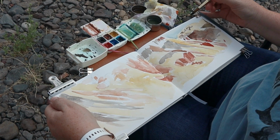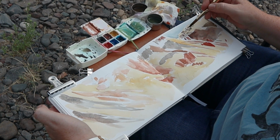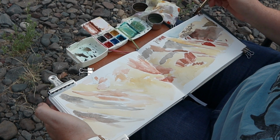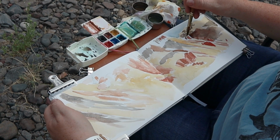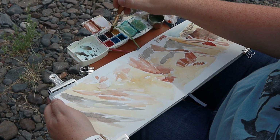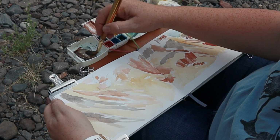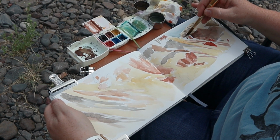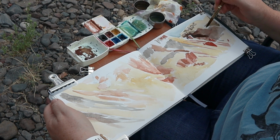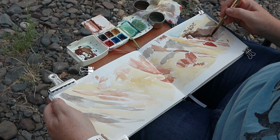There's a lot of little exposed rocks up here. They're pretty gray in color. I want to do a little darker over here to really show the outline of this hillside. Burnt sienna, some more lunar black. So I'm going to work on all these details, and I might be kind of quiet, so I'm just going